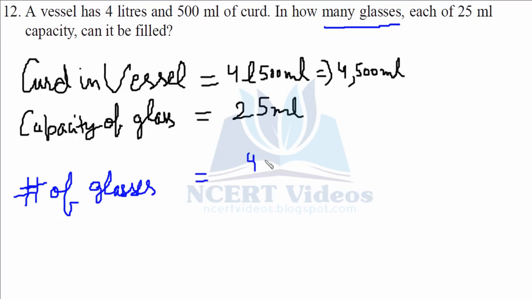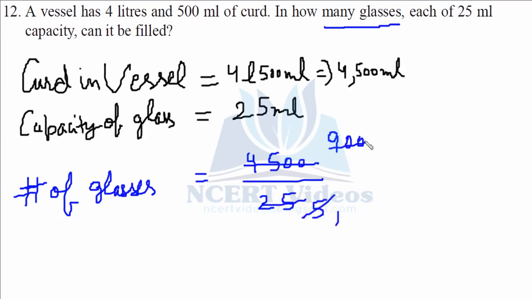That would be 4500 over 25. Simply cutting it with 5. 5 nines are 45. 0 0 comes as it is. 5 5s are 25. Again 5. 5 ones are 5. 4 0, 5 8s are 40. 0. So 180 glasses exactly can fill 4500 ml of curd. So that is how you do